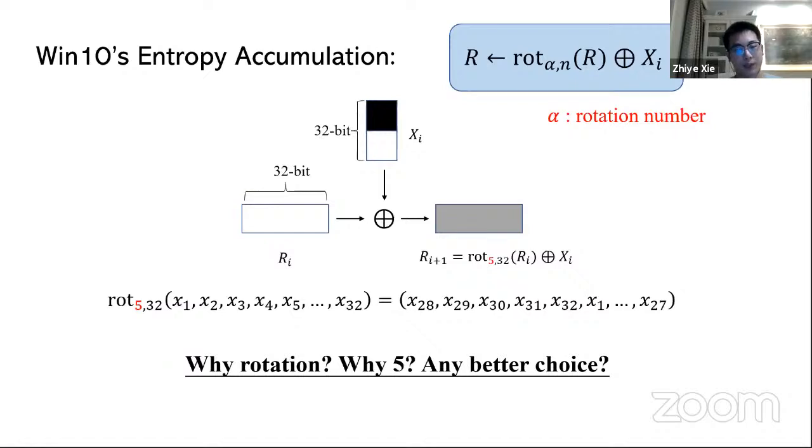We really want to know whether the register R can convert to a high entropy state after receiving 32 samples. If rotation works, then we want to know how Microsoft selected this mysterious rotation number, phi. Finally, is rotation really the best way for entropy accumulation?